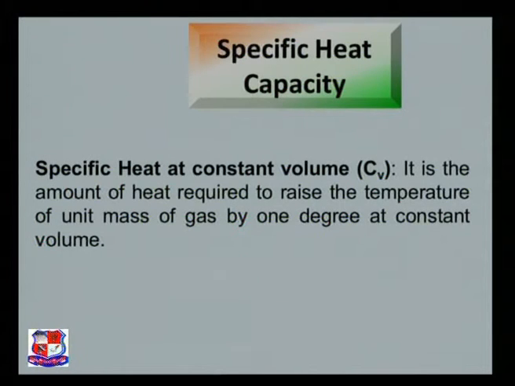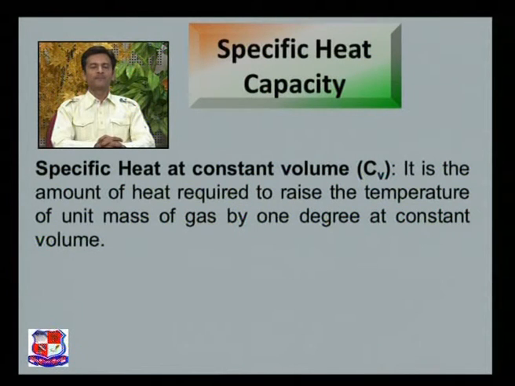The specific heat at constant volume, how can we define Cv? It is the amount of heat required to raise the temperature of unit mass of gas by 1 degree at constant volume. What's the meaning of this term? Let me take unit volume of the gas, for example 1 liter of gas, and the heat required to increase the temperature of the gas at constant volume by 1 degree is Cv. Similarly,